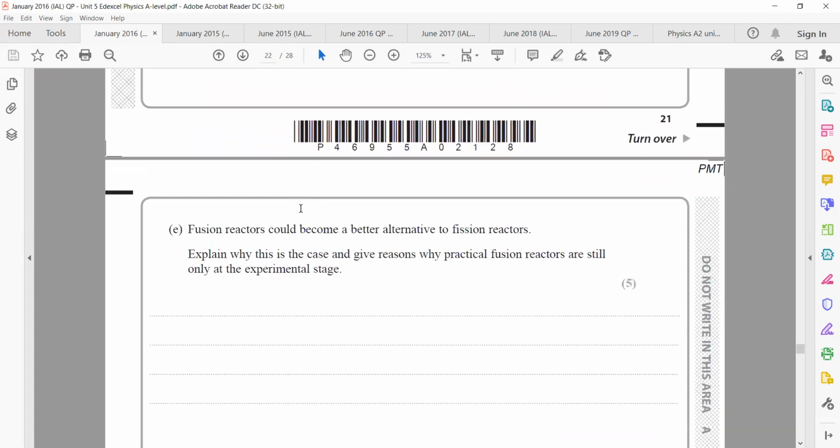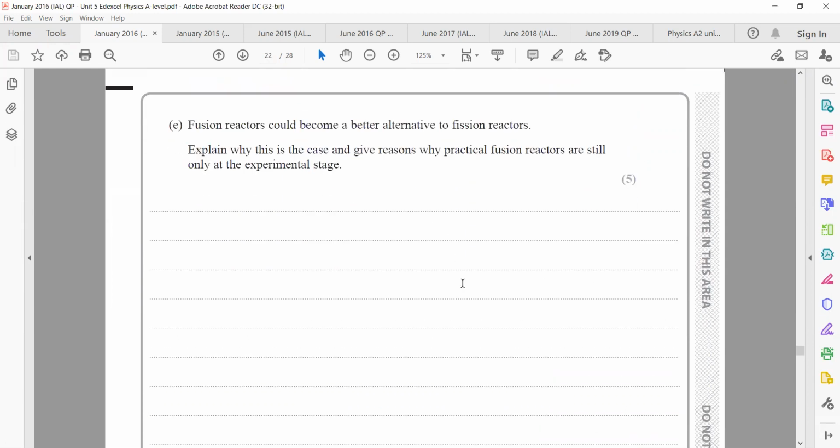The last part: a fusion reactor could be a better alternative to the